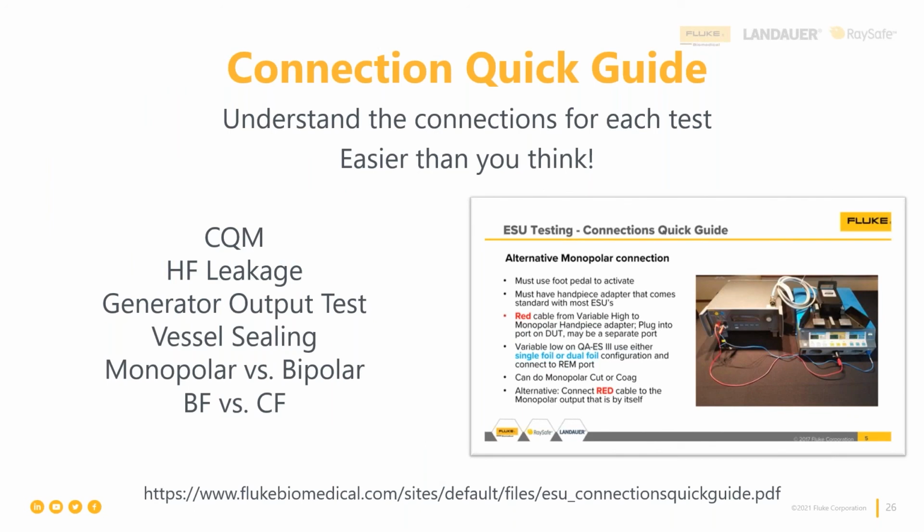No problem. Another item that I had circled on that application page on the previous slide was the ESU Connections Quick Guide. Customers have told us that the connections are confusing, but they really don't have to be. I'll point you towards this as a reference document. It's a multi-slide PowerPoint presentation to see how to make many general connections and even some specific connections for certain brands and models. We've pulled this together to help you. So make sure you reference it and you share it, because it can really be a huge help to you